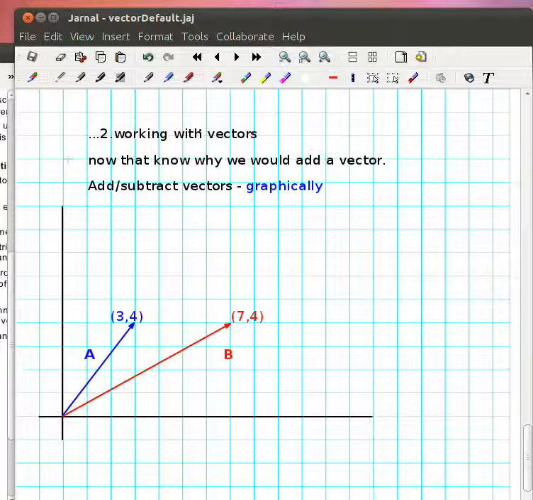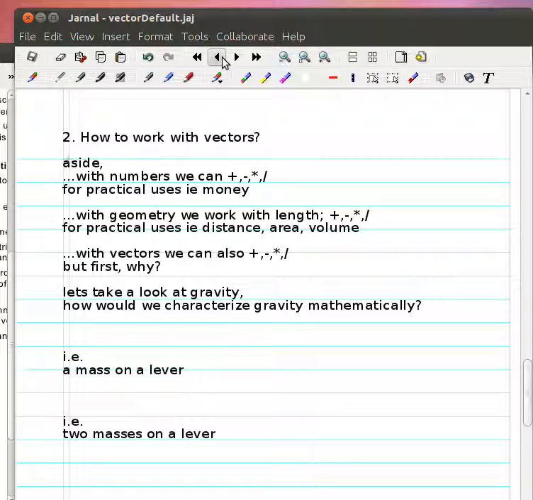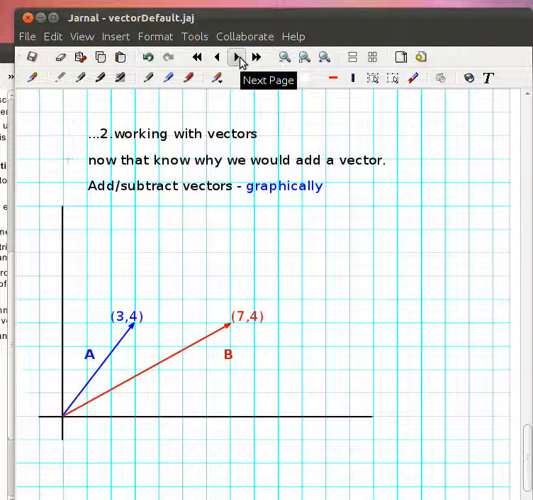Okay, so last time we were working on why we want to work with vectors. And we saw that in physics there was a reason to add and subtract these arrows, to find forces, the summation of forces. Well, let's continue and take a good look at how we do these adding and subtracting of